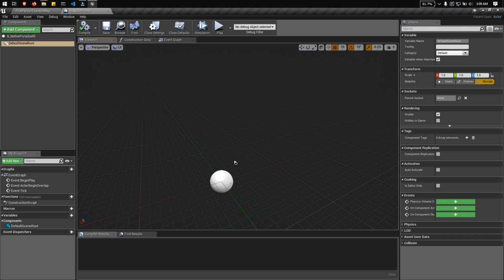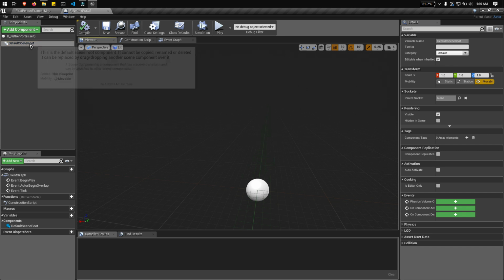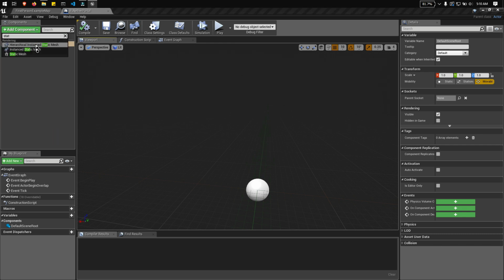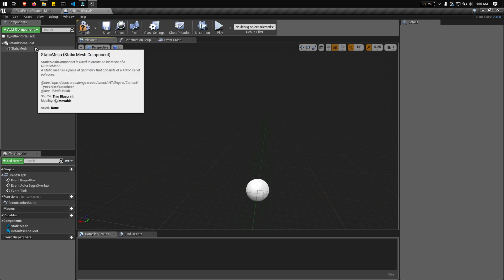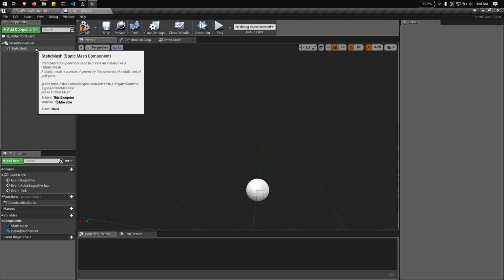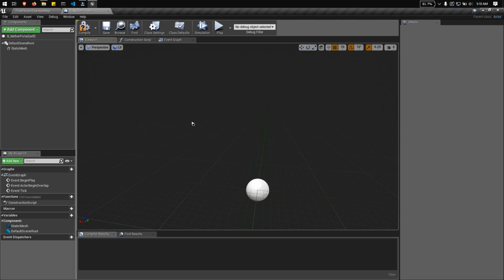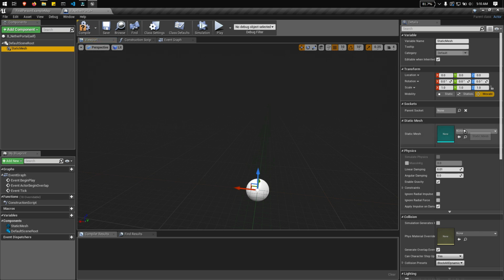So now we're creating another portal. All we need is to add components like the materials that we created earlier, the obsidian blocks and the nether portals, and especially the crying obsidians. To do that, let's add a component named static mesh. A static mesh is a component used to create an instance of a static mesh, like materials or a literal static mesh that you have in your resources.